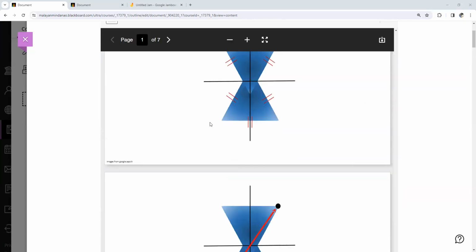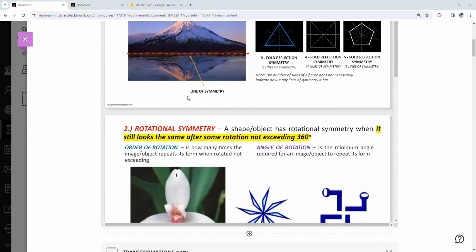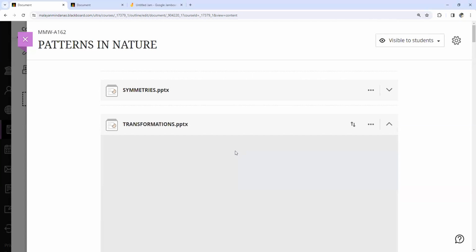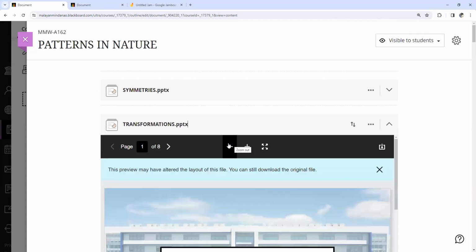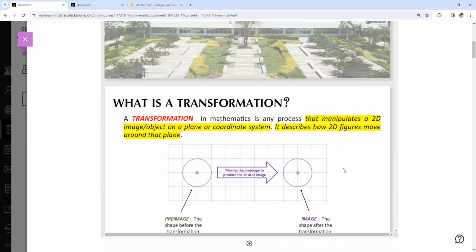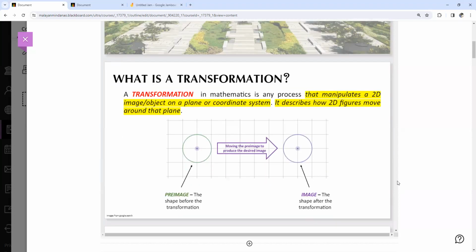Those are the types of symmetries. I am going now to talk about another crash course discussion on transformations. And so for transformations, there are several kinds. So transformation, of course, is a mathematical process of manipulating a two-dimensional image or object. And during transformation, there are two important terms: the pre-image, which is the shape before the transformation, and the image, which is the shape after